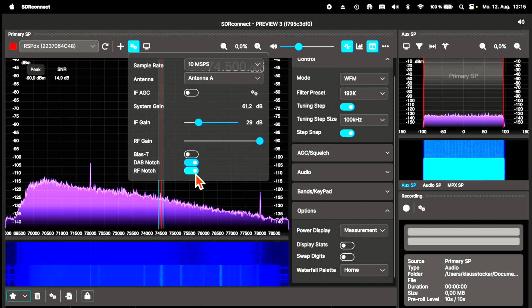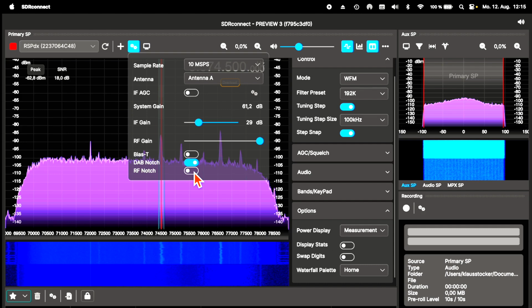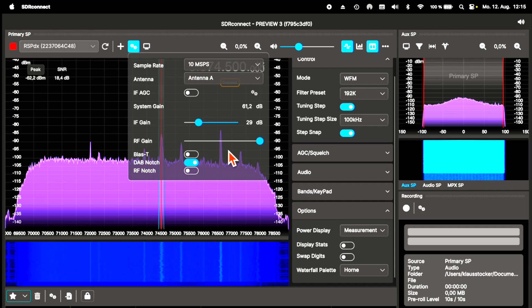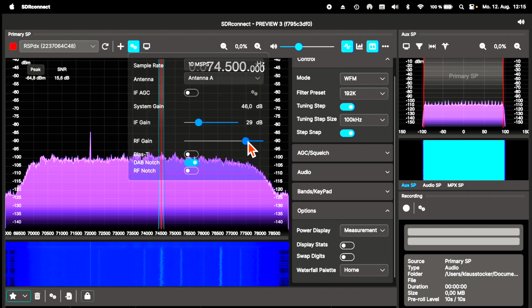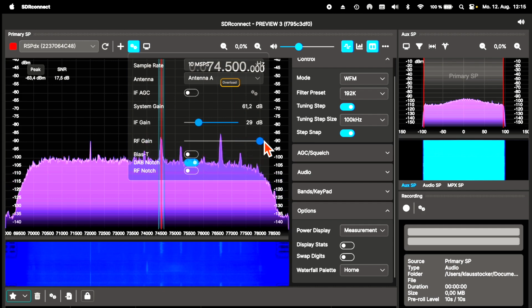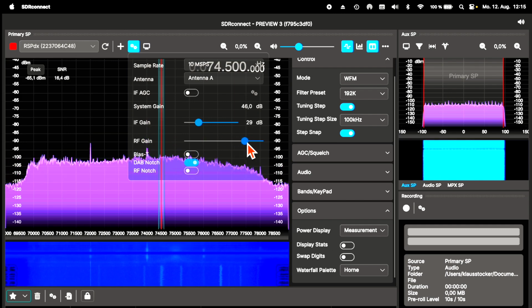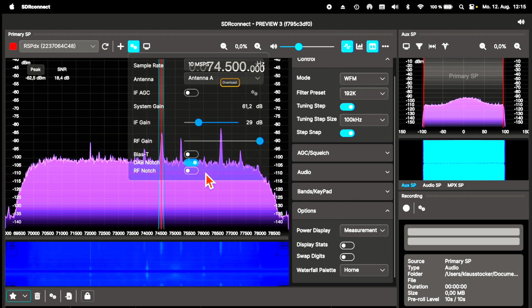Not only the third order intermods are disappearing, but the noise floor is also dropping significantly. Obviously, that noise is an intermodulation effect too. The enormous number of intermod products caused by many strong signals are adding up, forming that noise floor, which is dominated by the third order products.